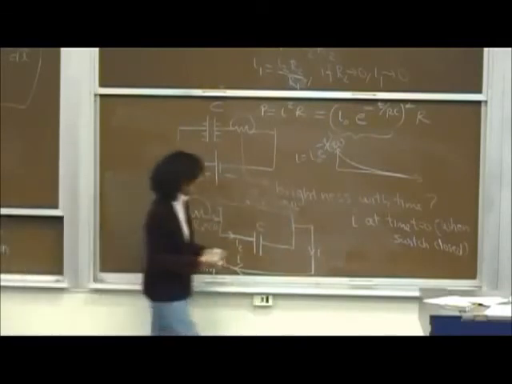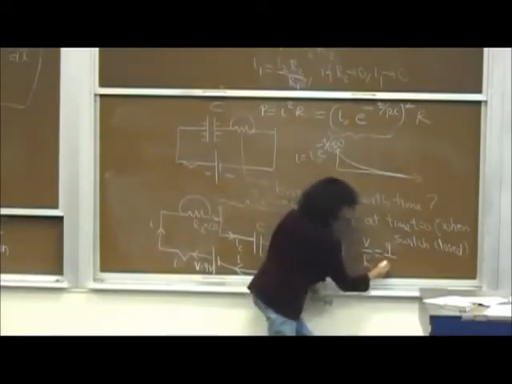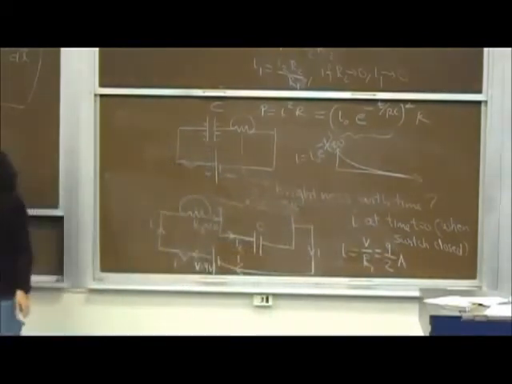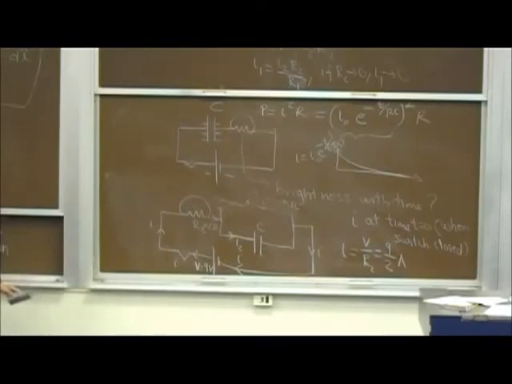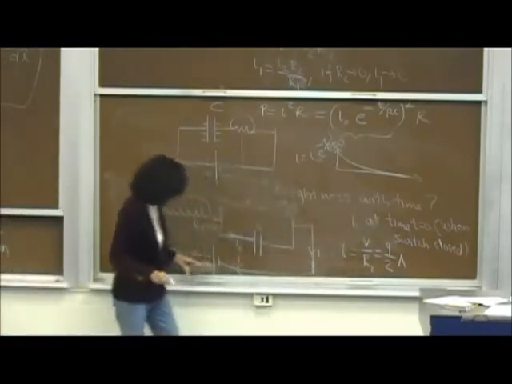Right? Can we say that the current in this case is just going to be V divided by R1, R2? So this is 9 volt divided by 2 ohms. This many amperes. Oh my gosh, that's a huge current. Okay, it's not realistic, but we are just choosing some numbers. But you can see that this is the current at time t equal to 0